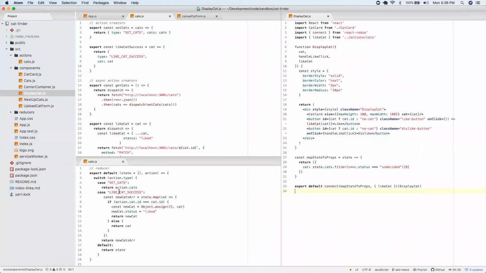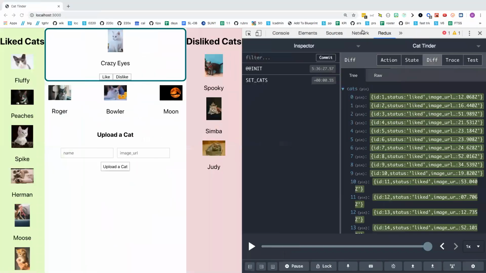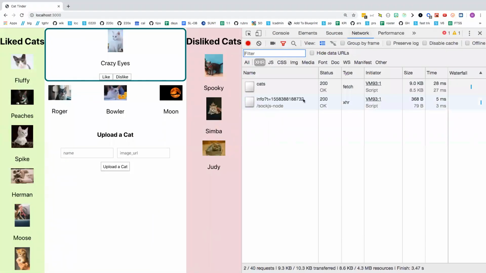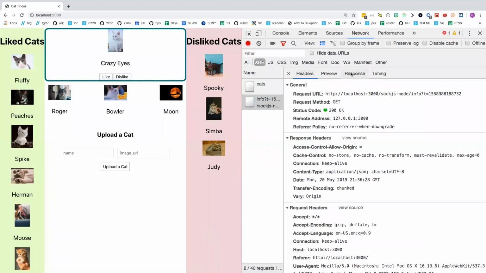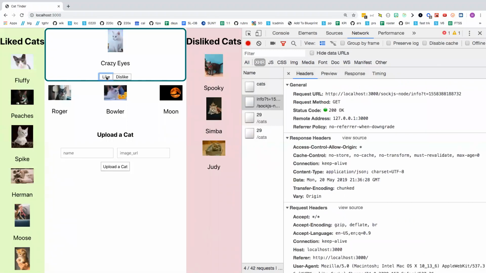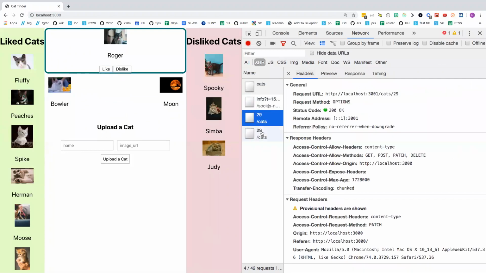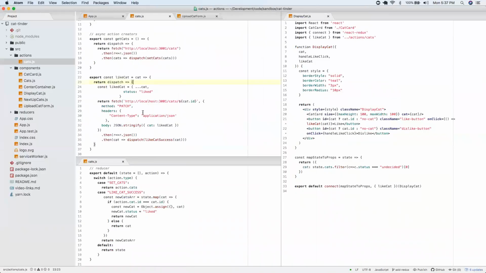This was, I believe, kind of where we ended up. This is our patch request that we're sending. In fact, we can see that in the network tools. We can see that's our initial fetch request. Here's our XHR request. Well, maybe. Let's see what happens when we like crazy eyes. There we go. There we see our patch request right there,